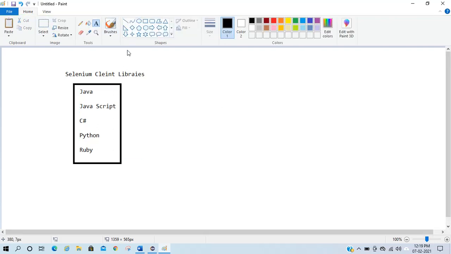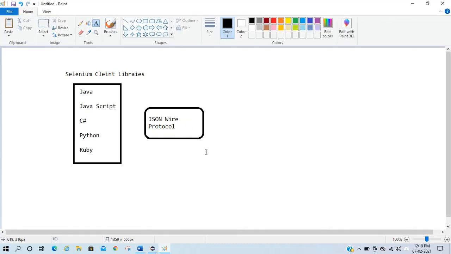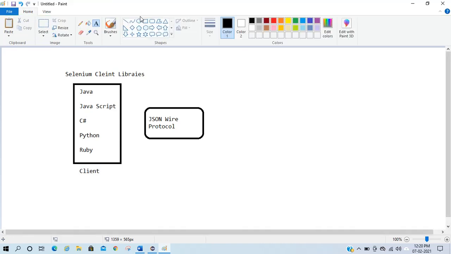So previously in Selenium 3, all the communications were happening through a JSON wire protocol. So this is my JSON wire protocol. Protocol is nothing but a set of rules. And this is my client and this is my server here.